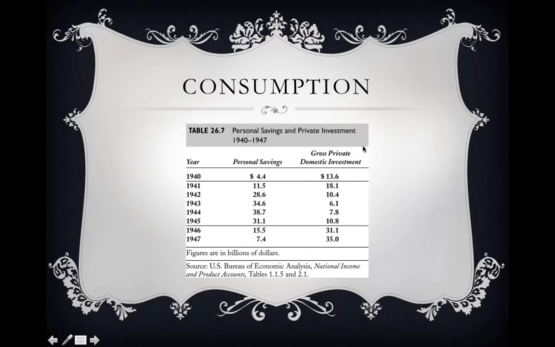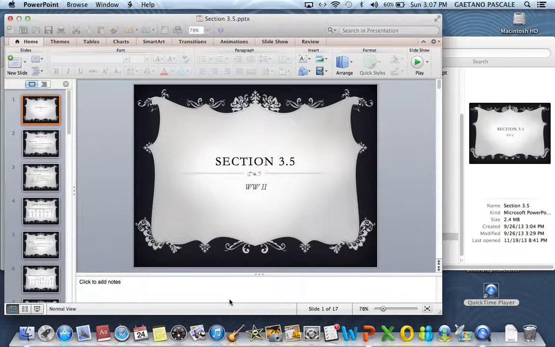People were saving a lot more, but that didn't mean that savings was being invested in a private manner, for example, building private homes or private businesses. Much of that personal savings was being funneled to the federal government to help pay for the war effort. So I want you to realize that personal savings rates went up, but that did not translate into increases in gross private domestic investment. That personal savings was channeled to the federal government in order to finance the war effort.